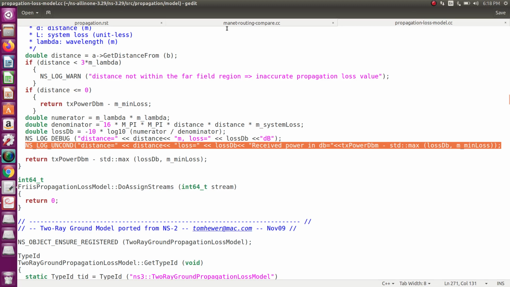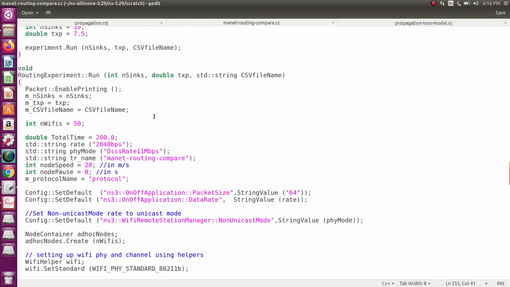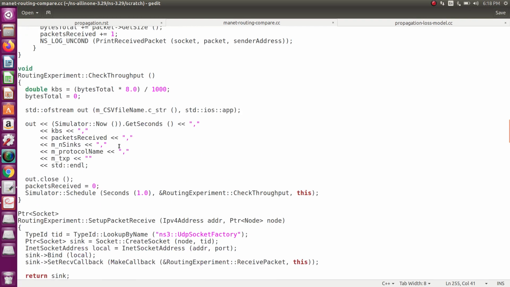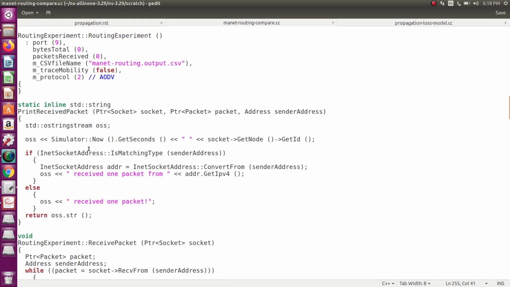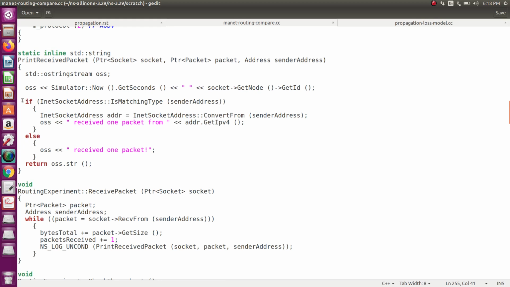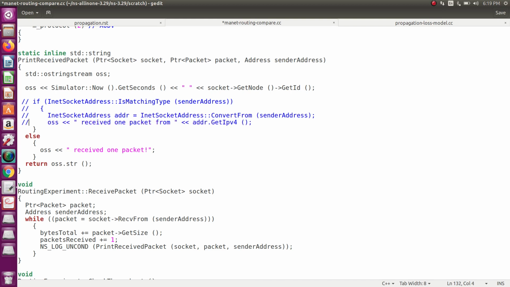Then go to MANET routing compare.cc. Here we want to see the loss as well as the distance, so for that purpose we are disabling these lines.